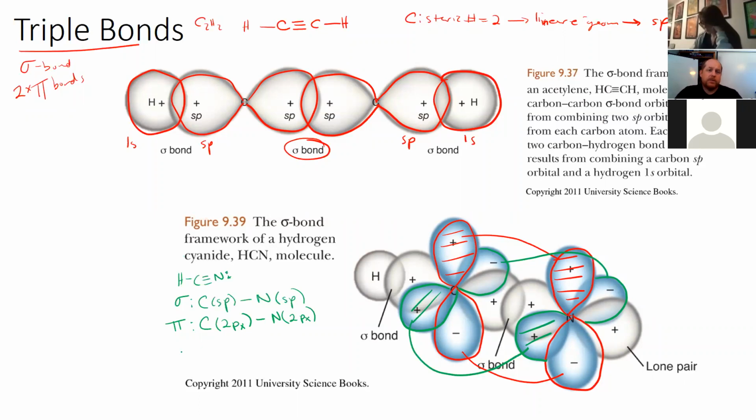It's arbitrary which one you pick, as long as they're the same, okay? So the other pi bond is from the carbon 2py bonded to the nitrogen 2py, which would tell you that if you label those y and x for these two pi bonds, then the 2pz